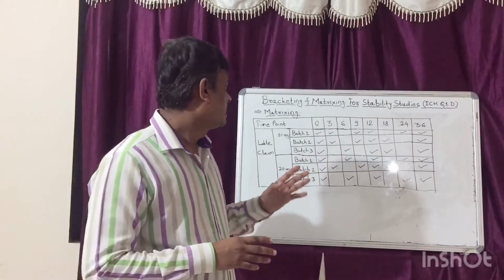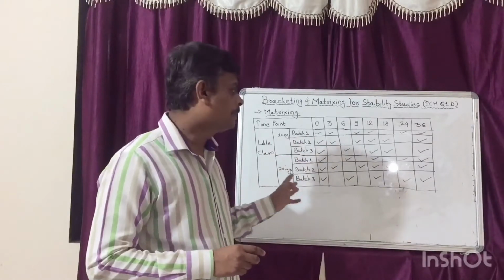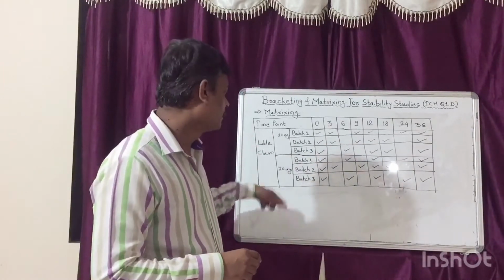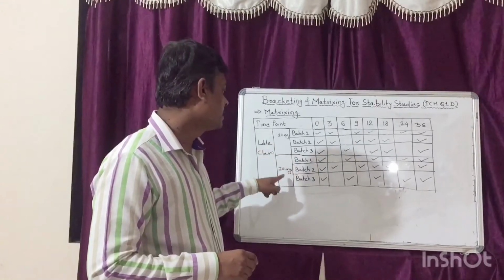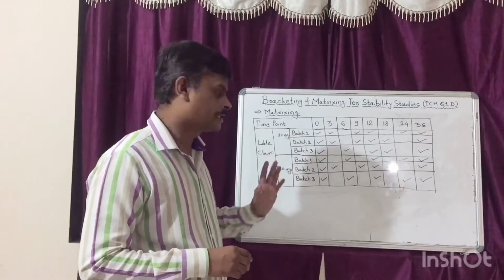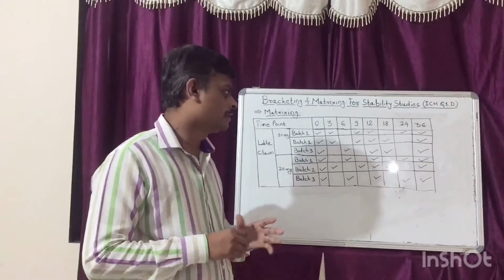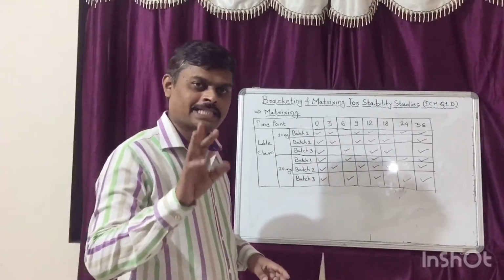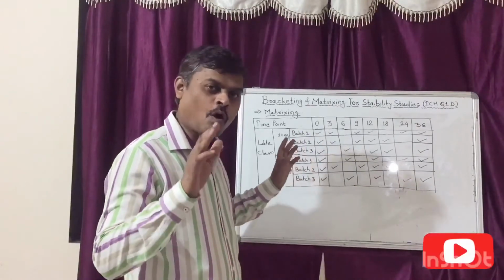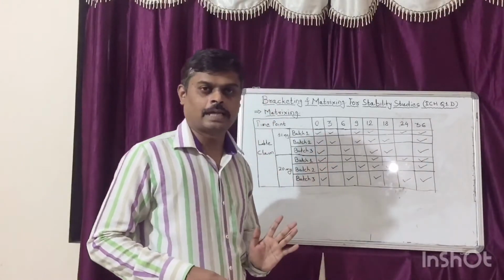Friends, let us take one example to understand how to perform the matrixing. Let's take example, a product having two different strengths, that is 10 mg and 20 mg. Each strength contains 3 batches. It means that total 6 batches are subjected to stability study. In matrixing design, it is important to analyze all samples at initial time point and 36-month time points.